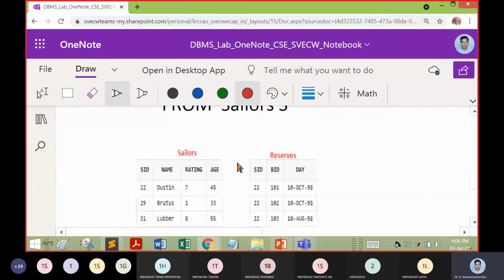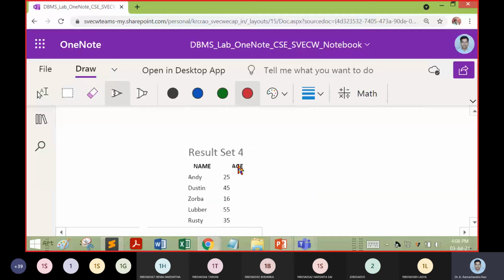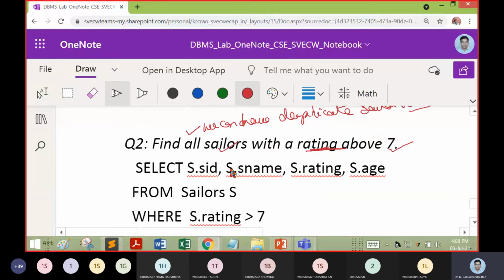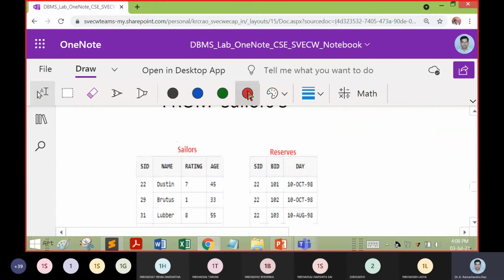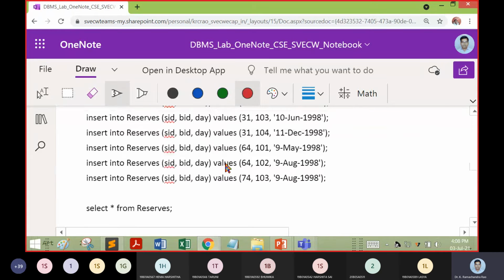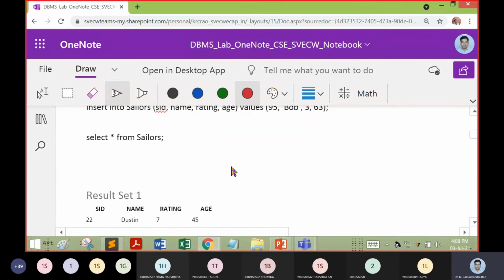So that advantage we can take, right? Now this is name. Now what was the answer? First we should understand it from the OneNote, and then we can execute it, right?